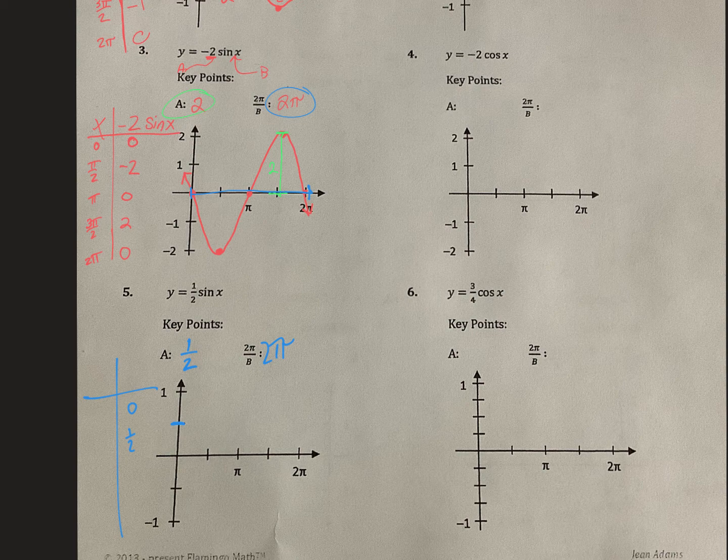All right, and then number 6, you're going to do the same thing, except it's got 3/4. So it breaks your graph up into fourths for you, so your 3/4 point would be here on number 6. So literally, we're just taking